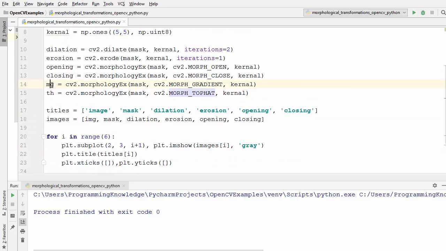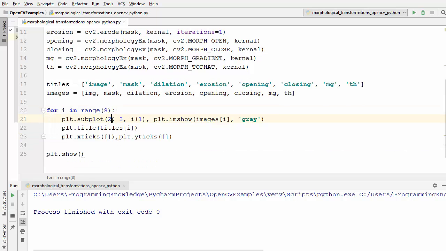And then we can just add these two things to our list of titles and list of images. So mg, and then we have th for top hat, and now we have 8 images, so range is increased to 8, and let's say we just want to show them in a 2x4 matrix here in the